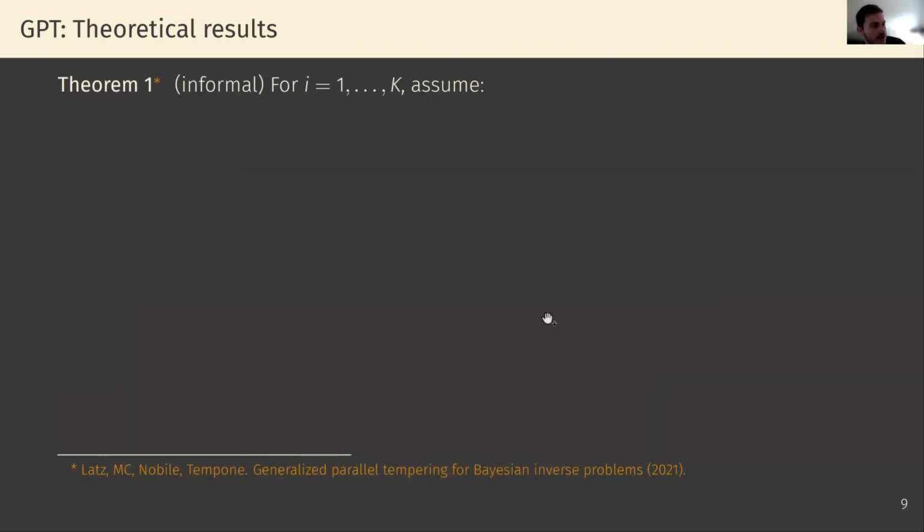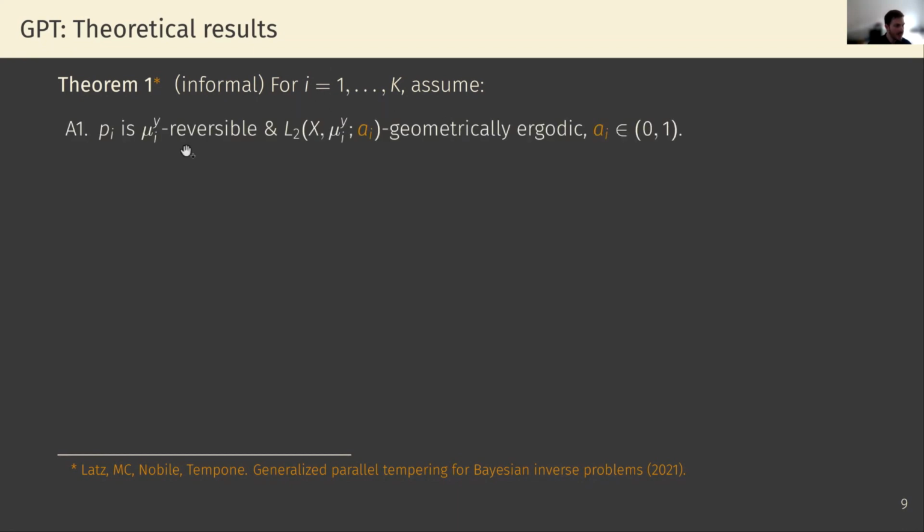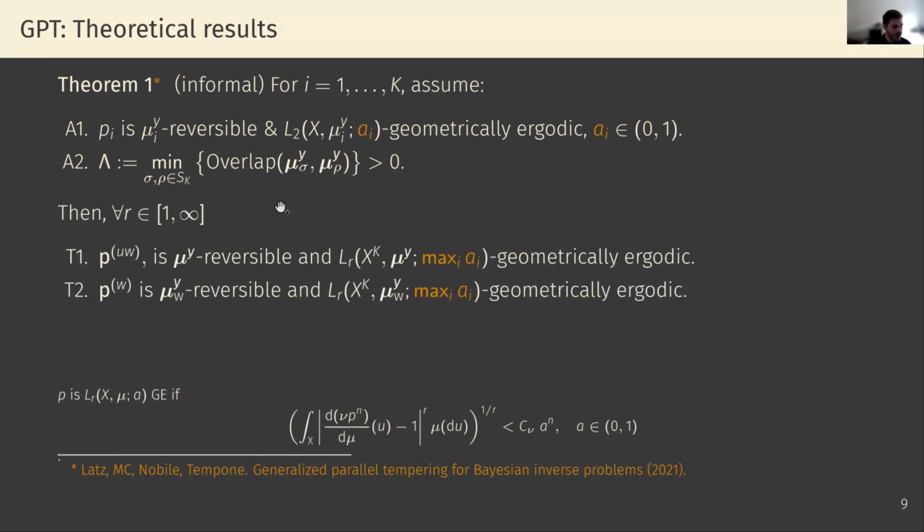Okay, so touching up a bit on the theoretical results. Informally, we assume that for each chain, each Markov transition kernel P_i is reversible with respect to mu y_i and geometrically ergodic with some rate a_i, and that for any two permuted joint measures mu sigma and mu rho, the overlap between these joint measures is strictly larger than 0. And then we have that for all r in 1 through infinity,